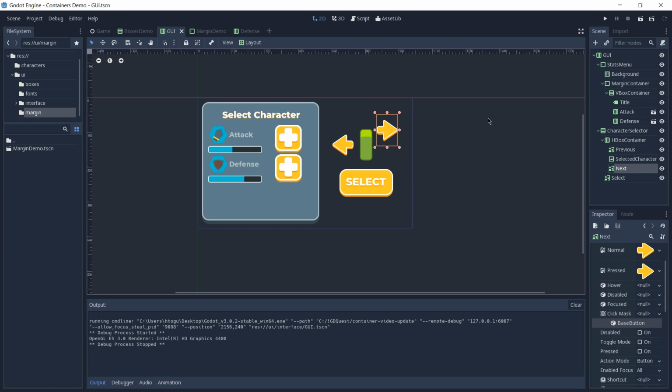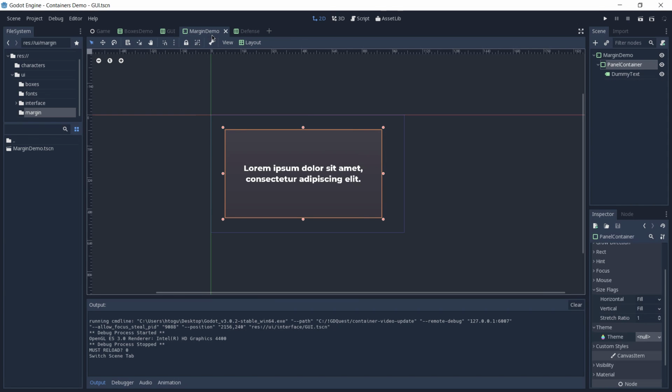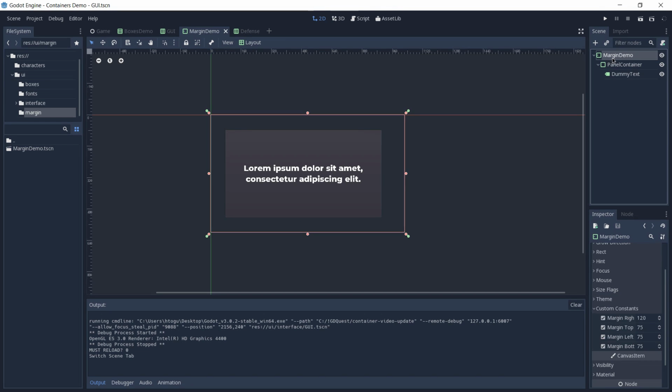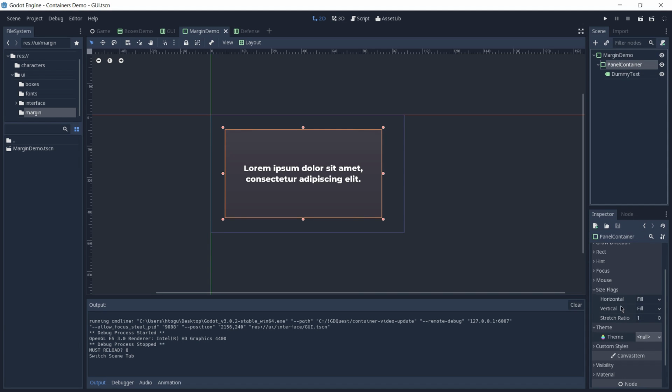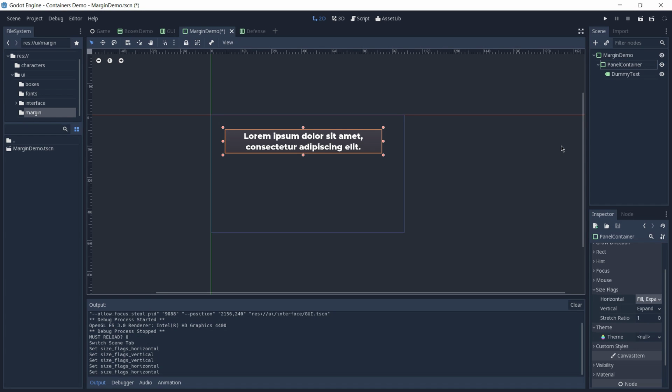And another thing that you should keep in mind is the size flags of your controls. Here, you notice that this panel container is taking all the space that it can. And that is because that's how it was configured to behave. For instance, if I go to the panel container, open the size flags, and I remove the fill and I set it to expand, you notice that now it's only taking the space that it needs for the dummy text